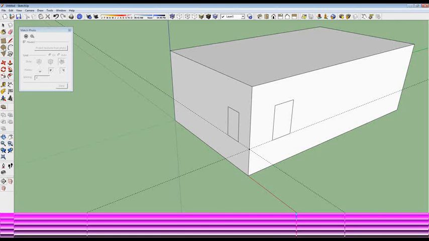The few other tools that we do have besides the pushing and the pulling, we do have a Follow Me tool that is actually very neat. A lot of people